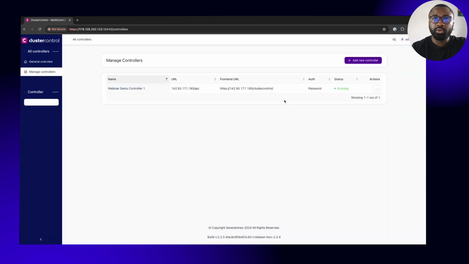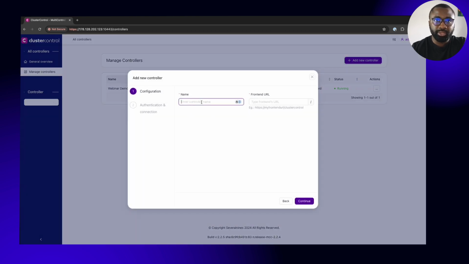Then after a few seconds, you'll see that the webinar demo controller 1 has been added. So let me go ahead and add another controller that I prepared for this demo. Same steps. I'll name it webinar demo controller 2,